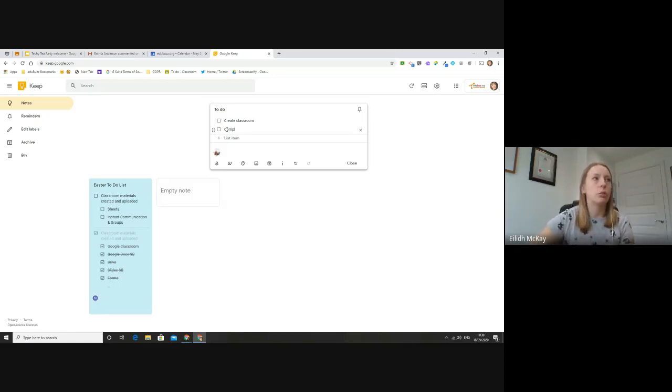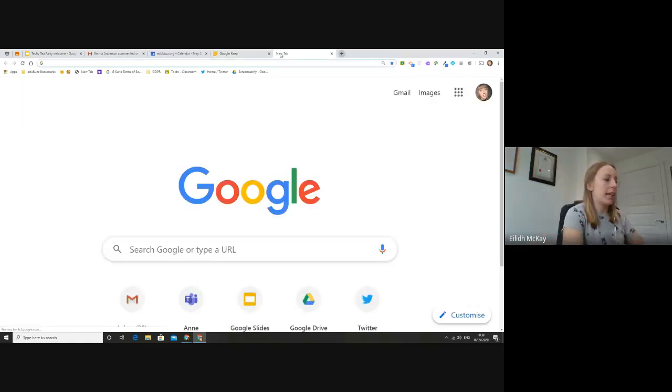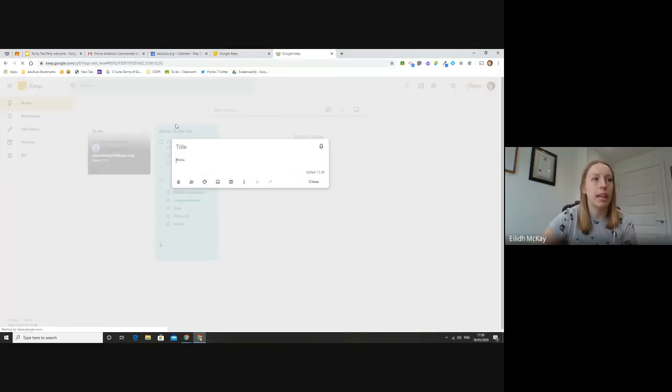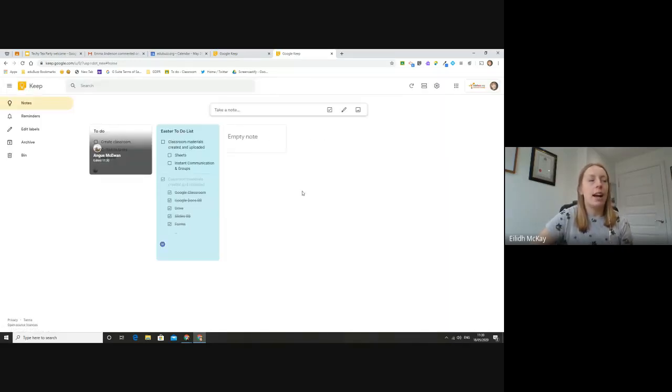We can use the same shortcut for a new Google Keep note with keep.new, and then that will create a new note for us, and we get this option here. If you, at this point, want to add any tick boxes, you just click on the 3 dots and then show tick boxes. And another great thing about Google Keep is certainly if you've got touchscreen devices in your school,